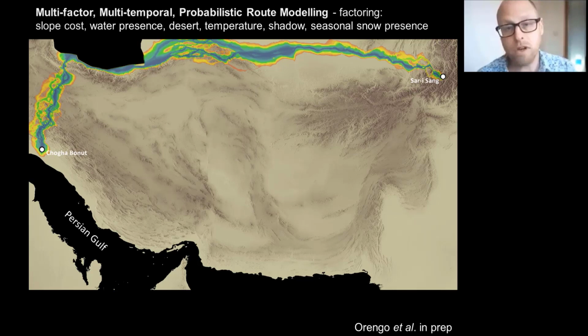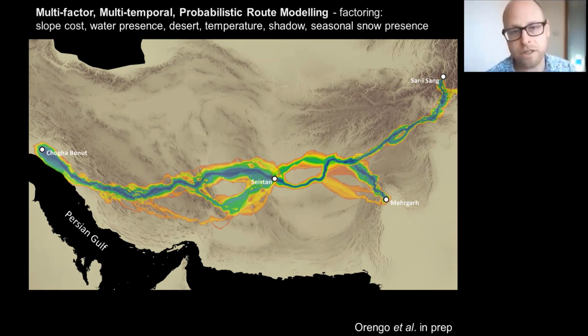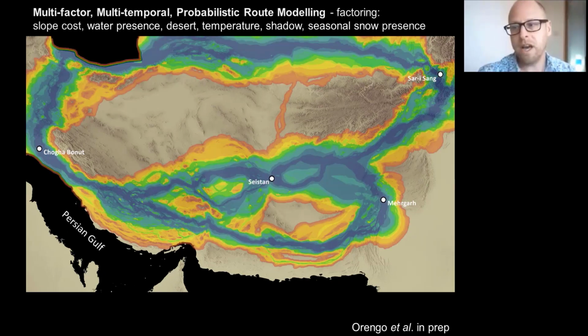To make it even more complicated in some respects, we also added the important site of Shahr-i Sokhta in the central part of Sistan to see what the corridors of movement might be that link up people moving between Sarisang, Shahr-i Sokhta, Marghiana, and Chogabonut, just as examples. So you can see that there's a range of other sorts of routes and corridors of movement, but in a very interesting way, you can see a very coherent set of possibilities moving across the central part of the Iranian Plateau. So we combined all of these three different routes together to produce a map that,